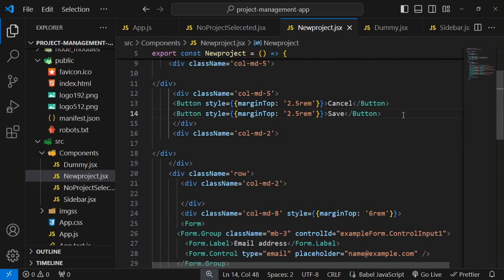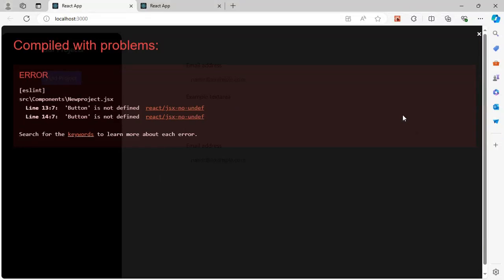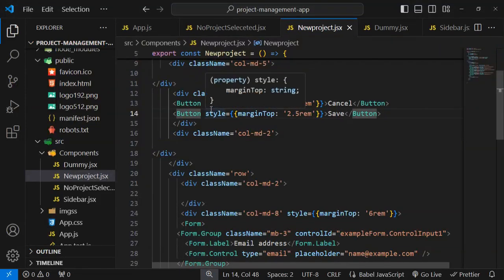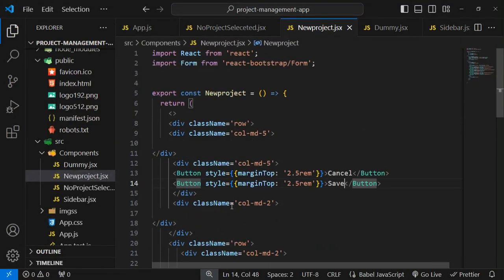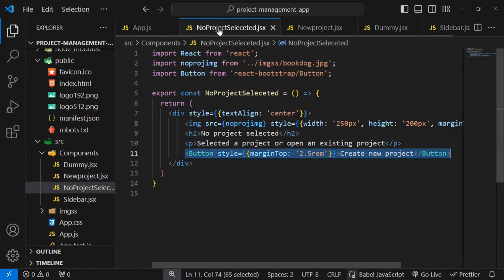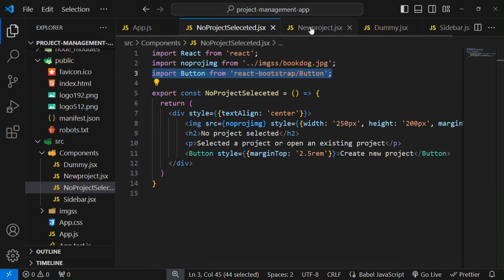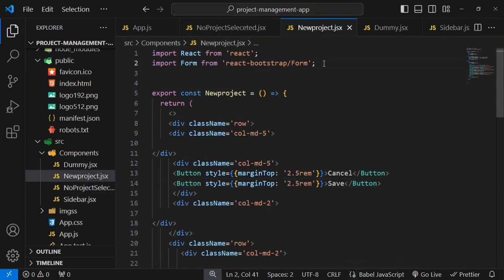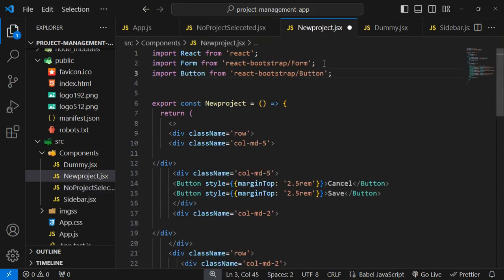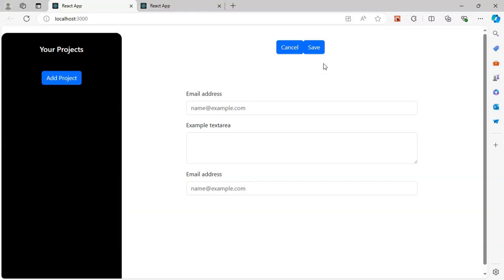So just save it and move to our output to see how it is looking. And you can see that button is undefined in our new project because we have not imported that button here. So I have to import that button here, Ctrl C and move to our new project, and here you have to paste it. Now save it and move to our output,